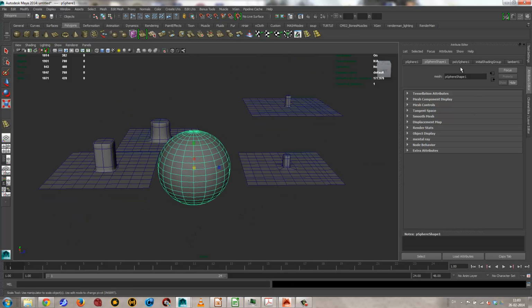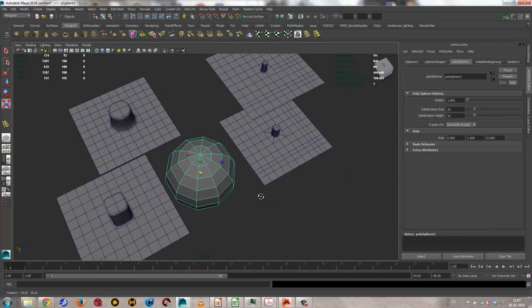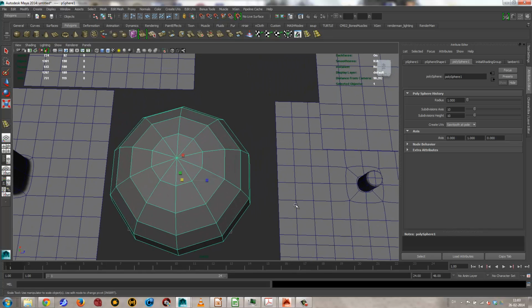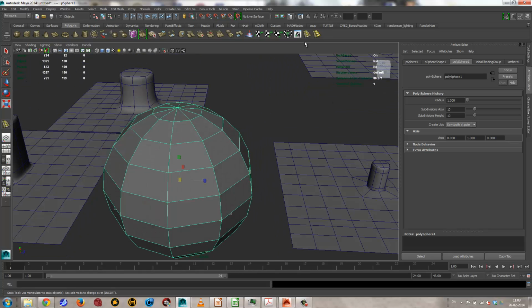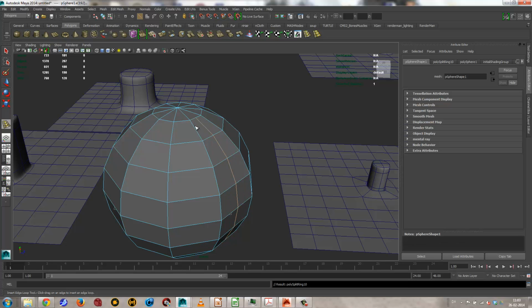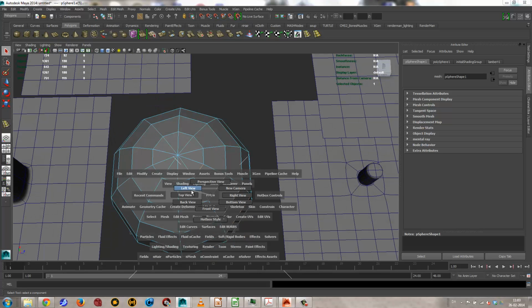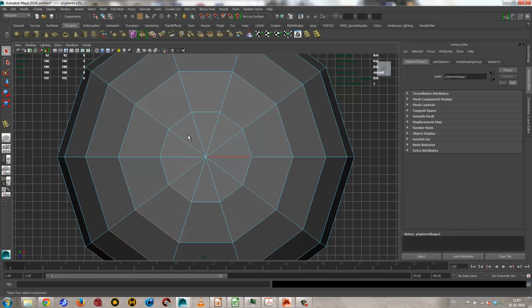And actually I can't remember the exact settings for something like a basketball, but if I do it like 10 in each direction, then right now if I use an edge loop here, you can see it'll just run until it hits the triangle up here. And that's not what I want. So what I'll do is I'll look at the sphere here from the top,